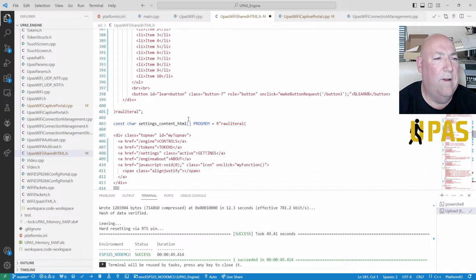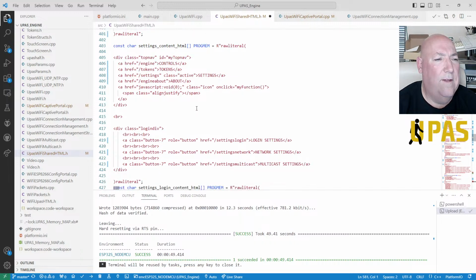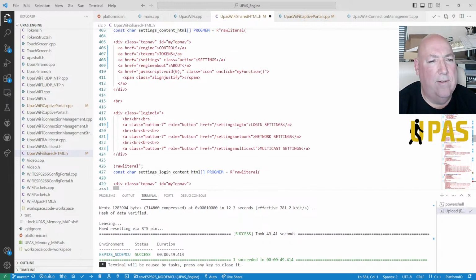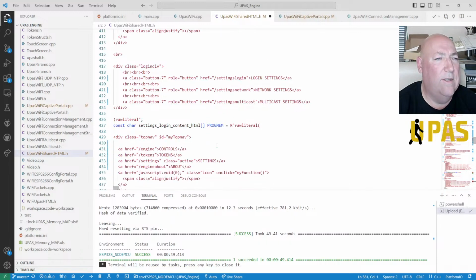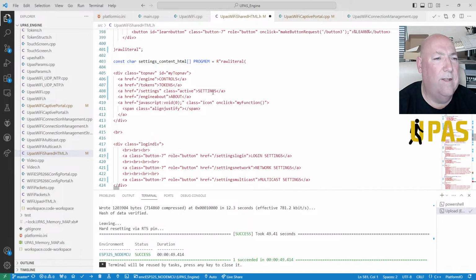So yeah, we've got our learn button. We've got controls, tokens, settings, about under settings, which will give us the button to go to login settings, network settings, multicast settings. And we don't need a title because we've got it highlighted under settings there.